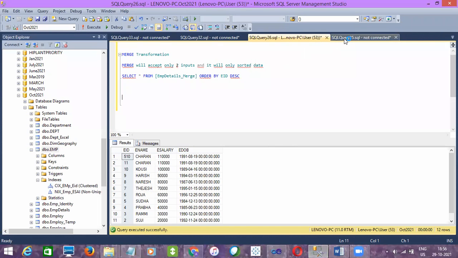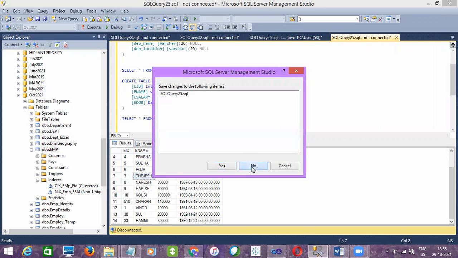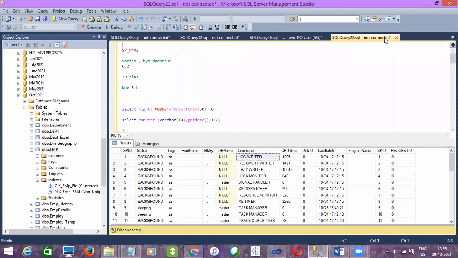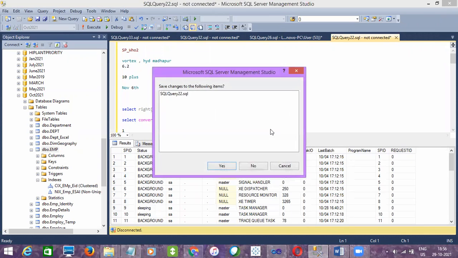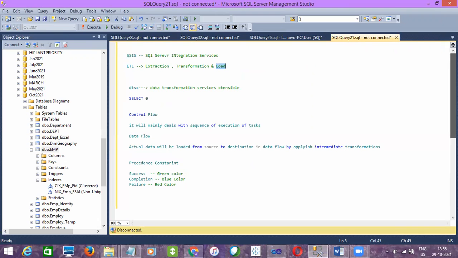Guys, did anyone remember? Did we talk about how to delete duplicates in SQL Server? I don't know whether you guys are practicing or not.